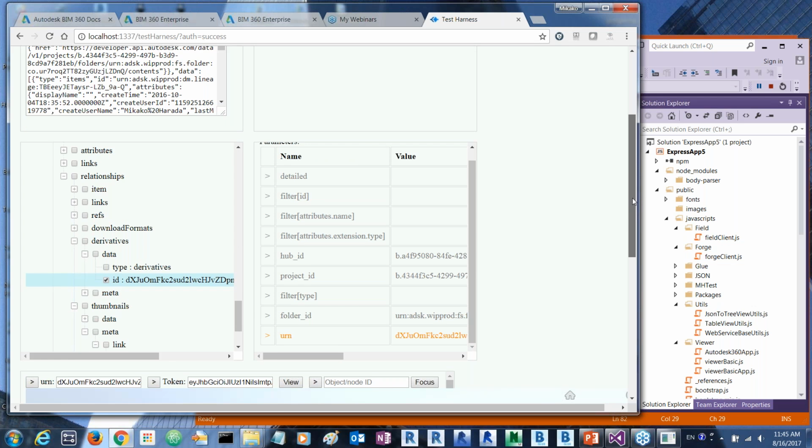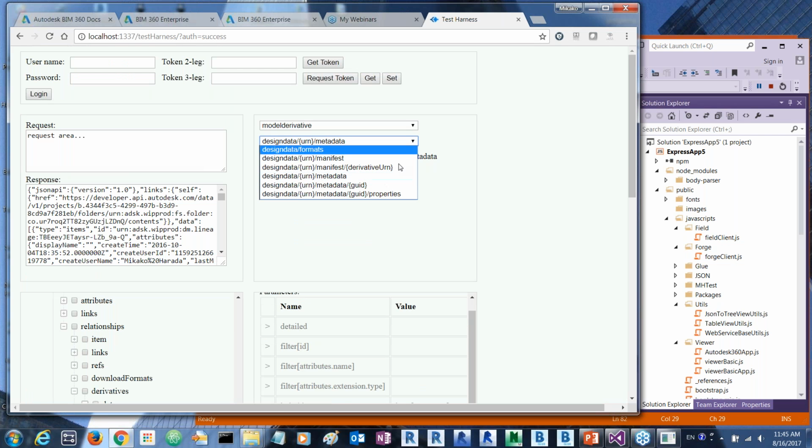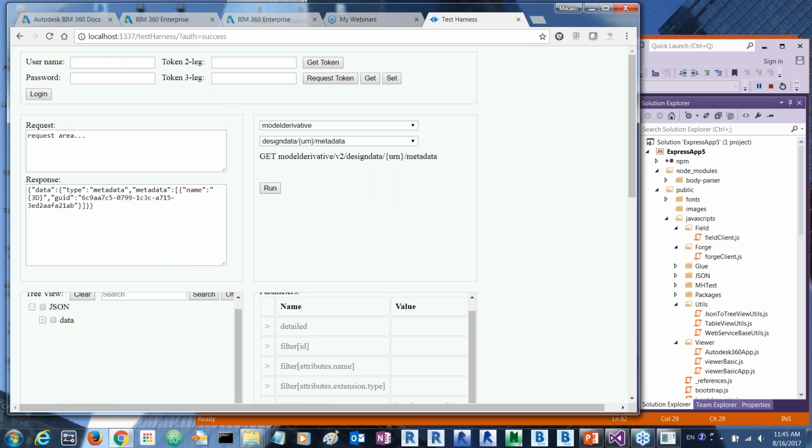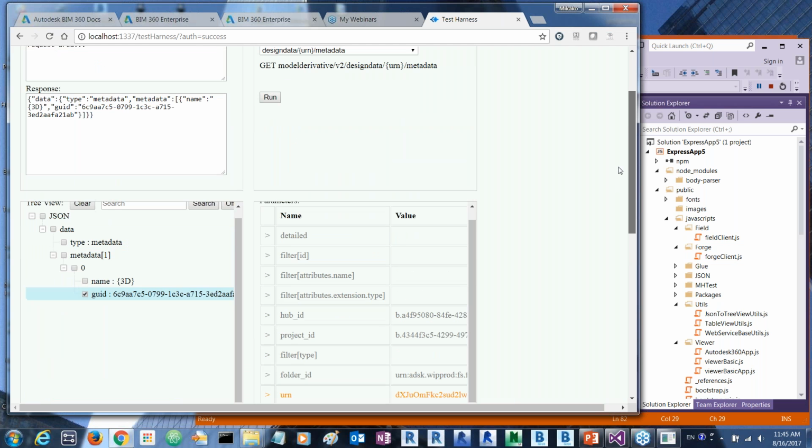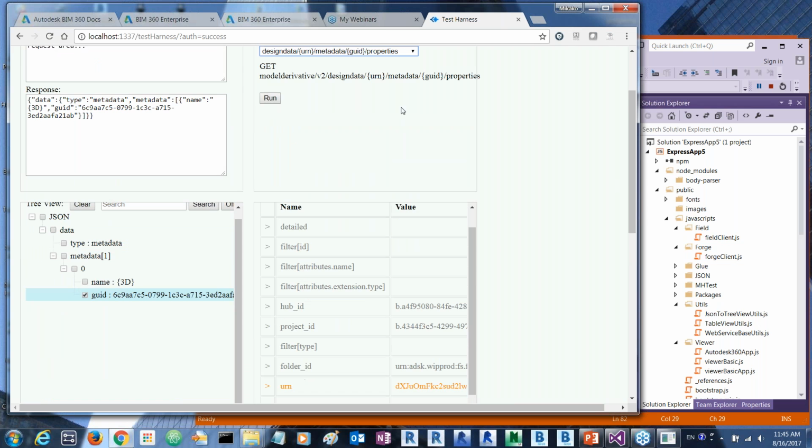And the first thing is you need to get the GUID. In order to do that, you need a metadata call. So the GUID is here, just here. You need this ID in order to get the properties, for instance. So let's try to get the properties here,